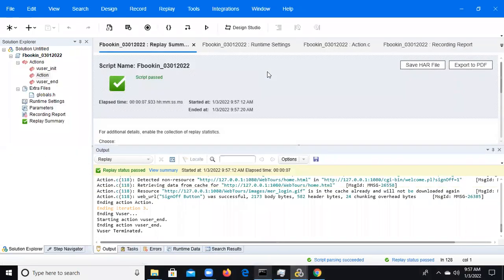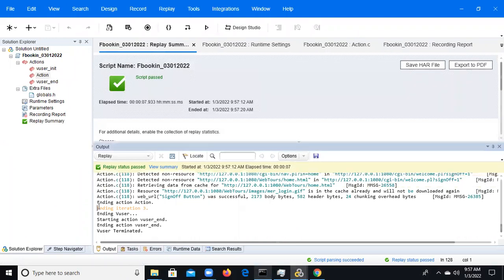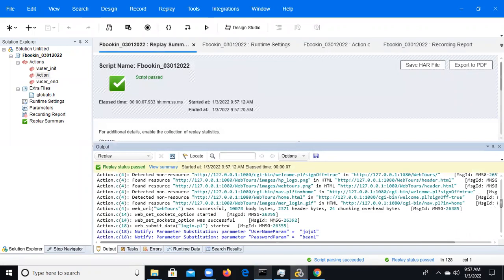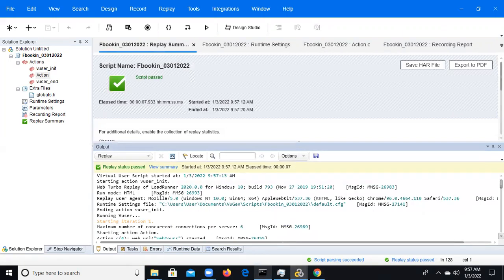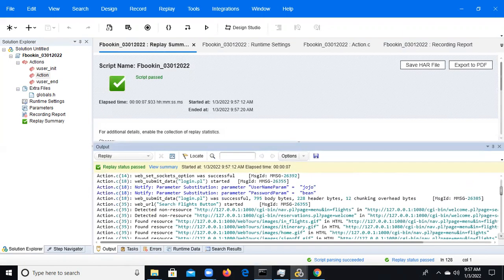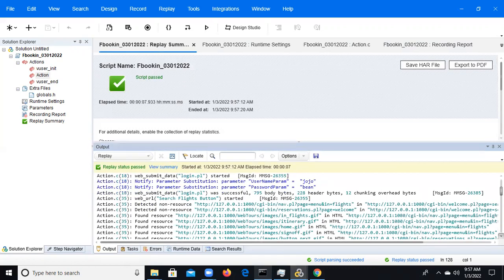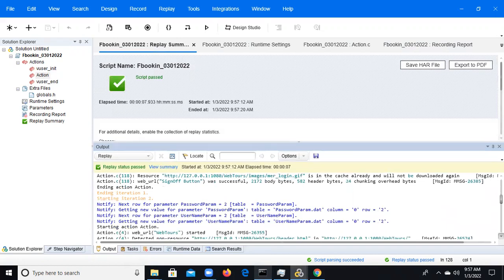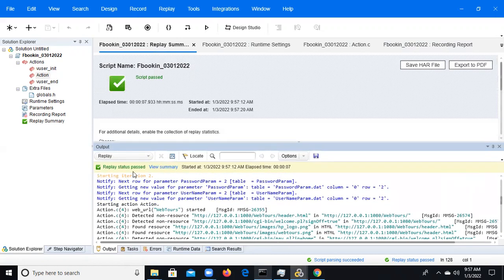See, 3 times it is completed. Now you can observe here, ending iteration 3 means 3 iterations completed. We need to check which values it picked for each iteration. The username is Jojo bin. This is the first iteration. This is the start of iteration 2, the second iteration.